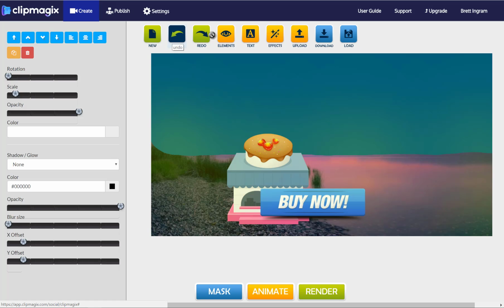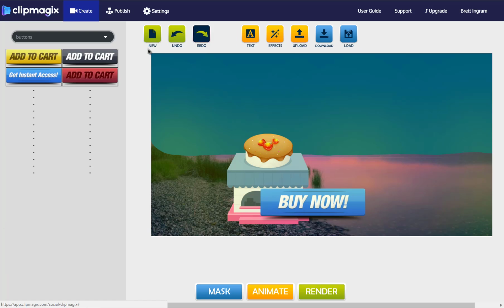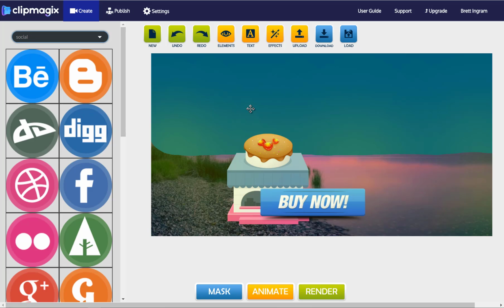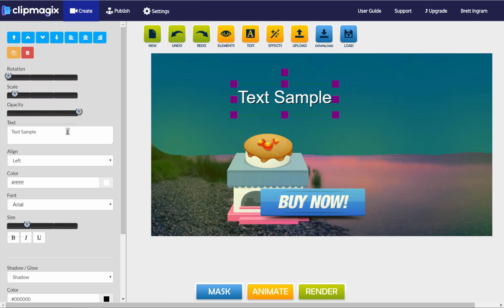Now you have undo and redo. So if you want to undo or redo your last action, you can. If you want to start over, you click new. Elements, as I've shown you, you click here, you click the type that you want to add, a social icon or whatever, and then you can add those. And then there's a text tool as well. So I can add whatever text I want. You can move it,